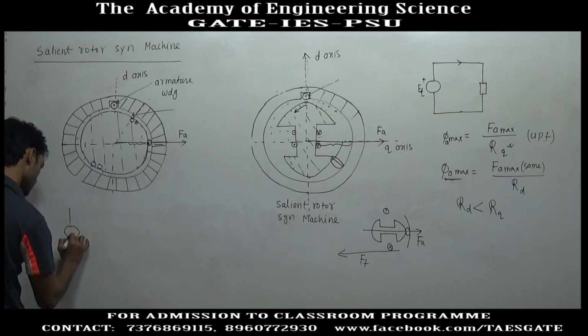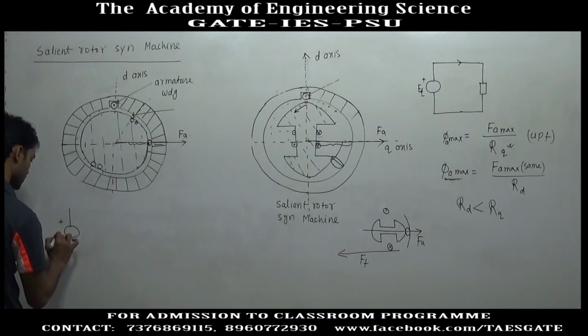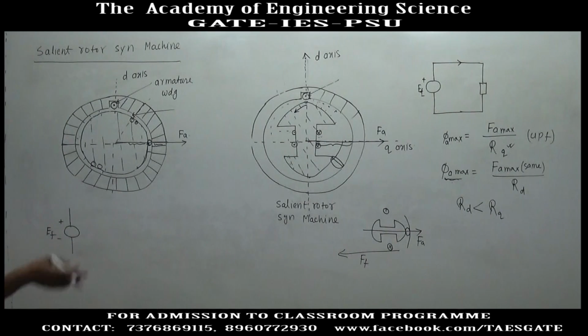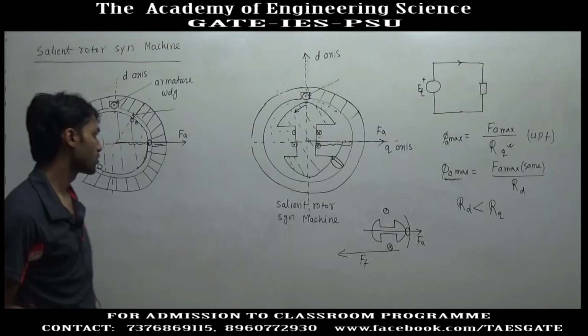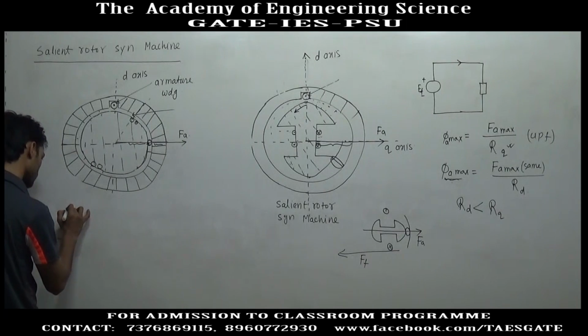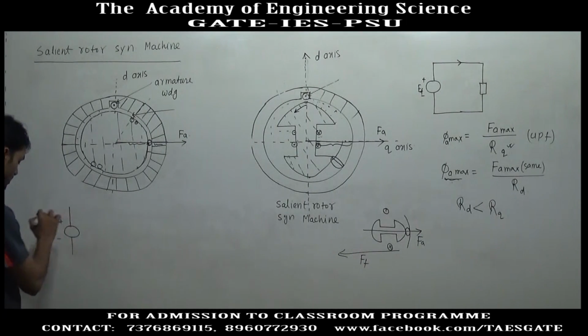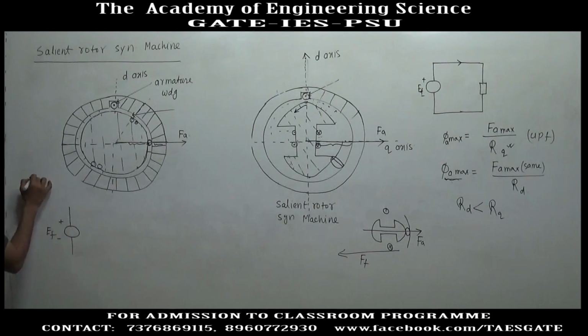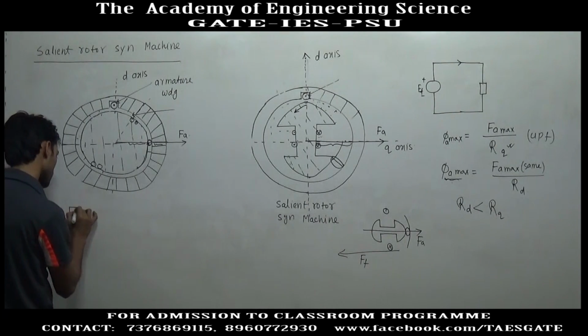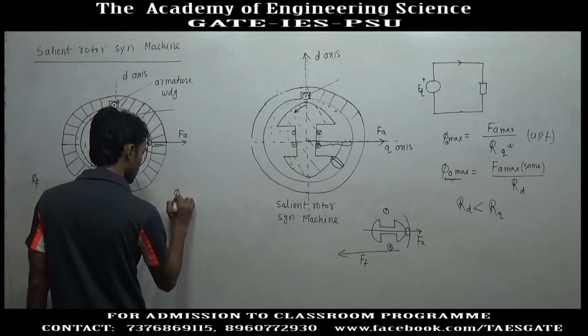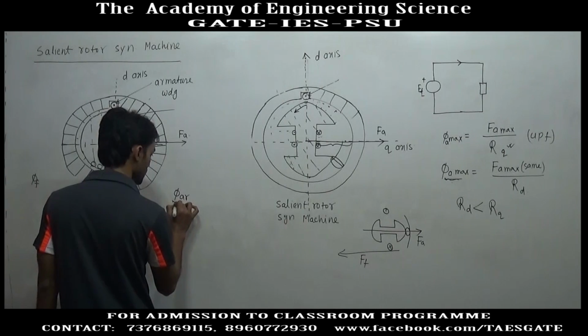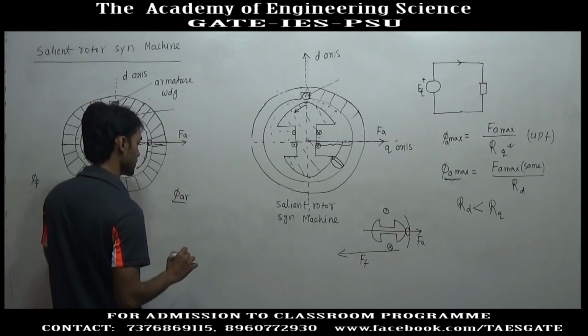We started with this type of circuit diagram. This is generated EMF in case of cylindrical machine, and in a similar way we will try to develop a circuit diagram for salient rotor type synchronous machine. This is generated EMF due to field flux only, but if current flows there will be armature reaction, and to take the effect of armature reaction there will be armature flux, and due to change in armature flux a voltage will be generated,